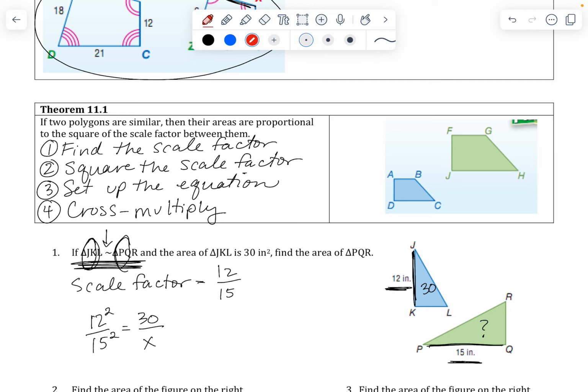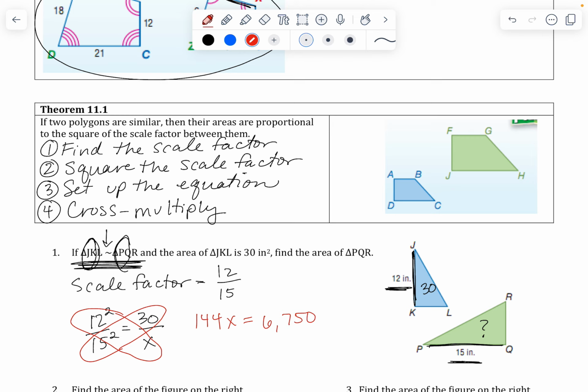Step number 4 is cross multiply. So now we're going to cross multiply, which we've done a lot of. And so we're going to multiply 12 squared times x. So 12 squared is 144 times x. And then we're also going to do 15 squared times 30. So go ahead and grab a calculator and type in 15 squared times 30. You should get